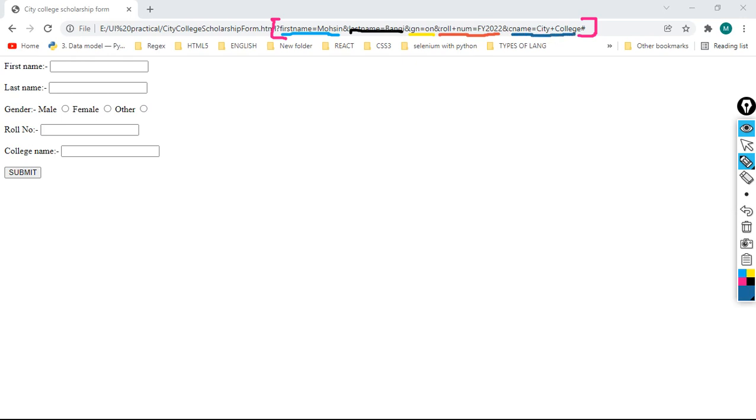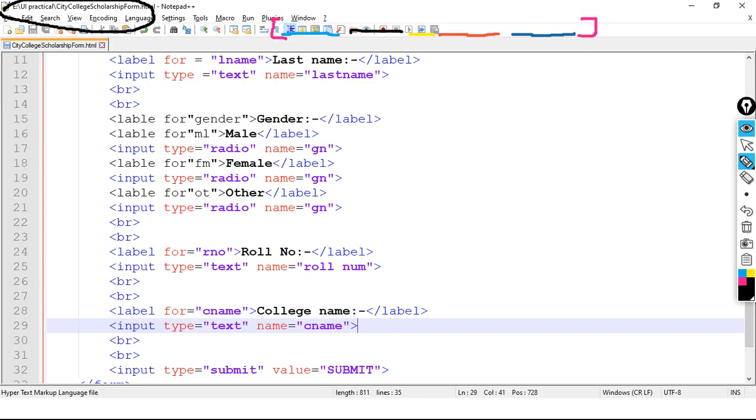But the thing is, college name of all the student will be same. Why? The reason is this form is related to City College scholarship. Correct. So name of the college will be unique. For that reason, what I can do, I can make changes in coding.